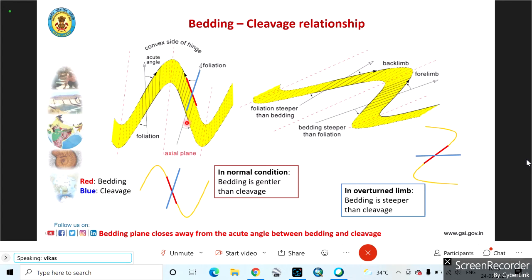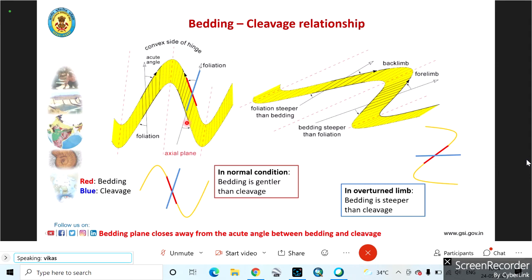This identification will help you, as you know that in a normal folding, not an overturned folded bed, I'm saying, in a normal folded bed, in the core part of the synform you will get younger beds. In the core part of the antiform, you will get the older beds. This is the general rule, right? So while doing the mapping, if we apply this fundamental, you will have a pre-idea that in whichever direction I am going, I'll be encountering younger or older rocks. That will be very helpful actually.